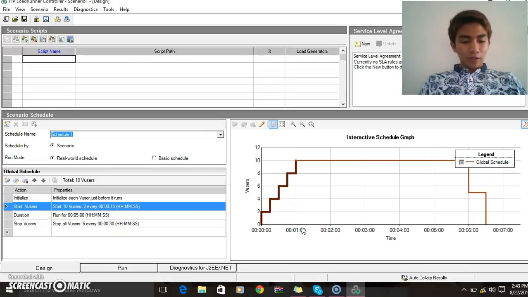Check to see that the basic script appears in the group name column of the scenario groups pane.